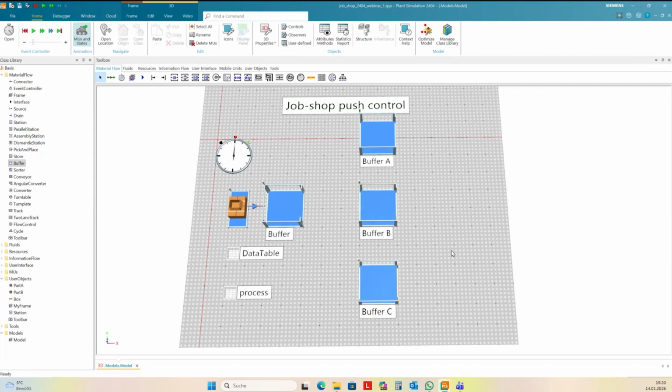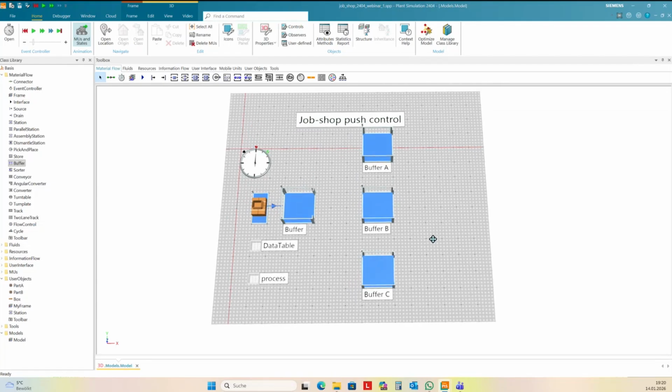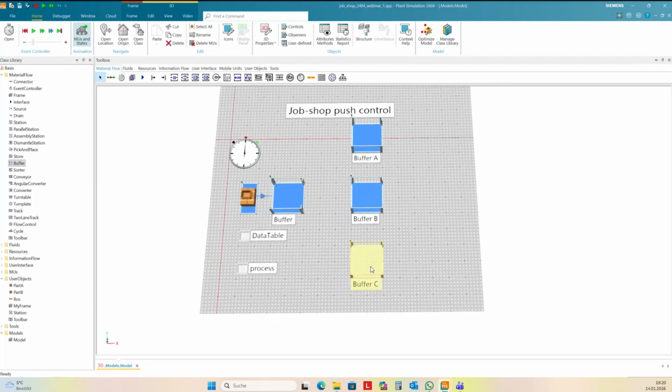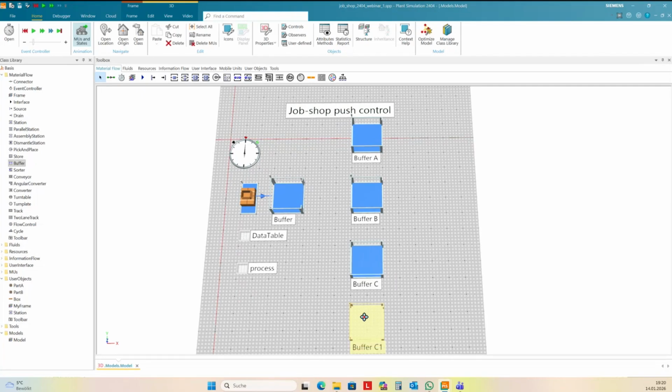And it's very important to follow some rules in naming the buffers because I want to address the buffers dynamically with buffer underline and then the name of the shop you need to go. So 3 buffers, and then we need several machines inside, several stations inside this shop here,